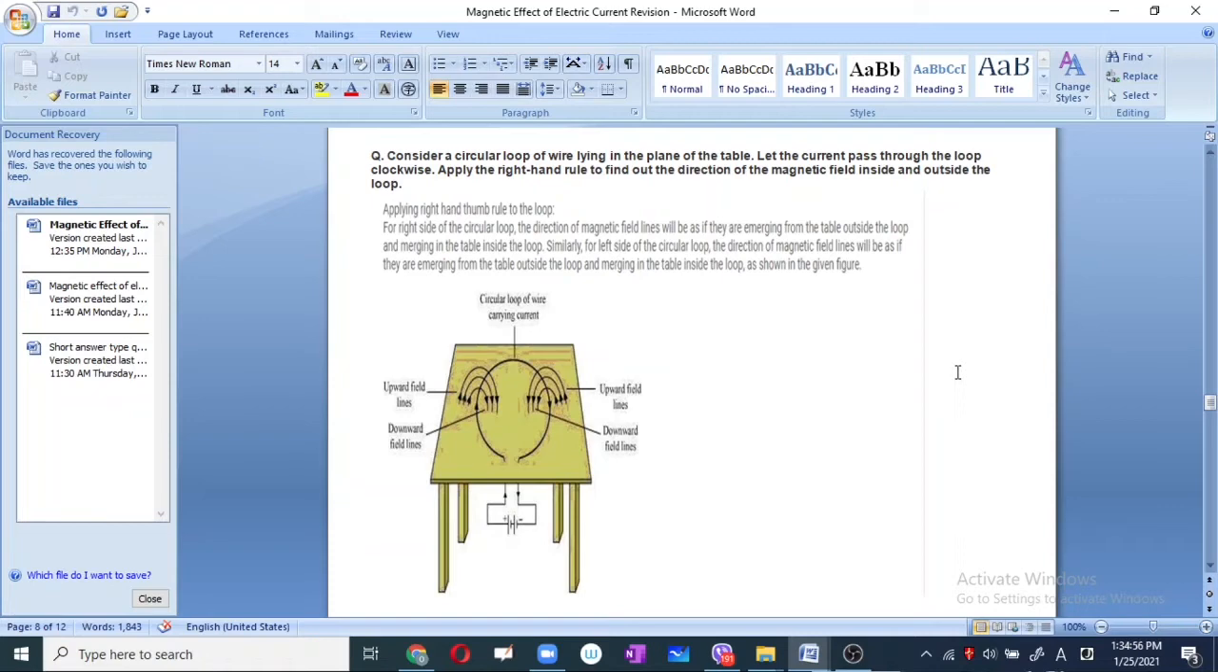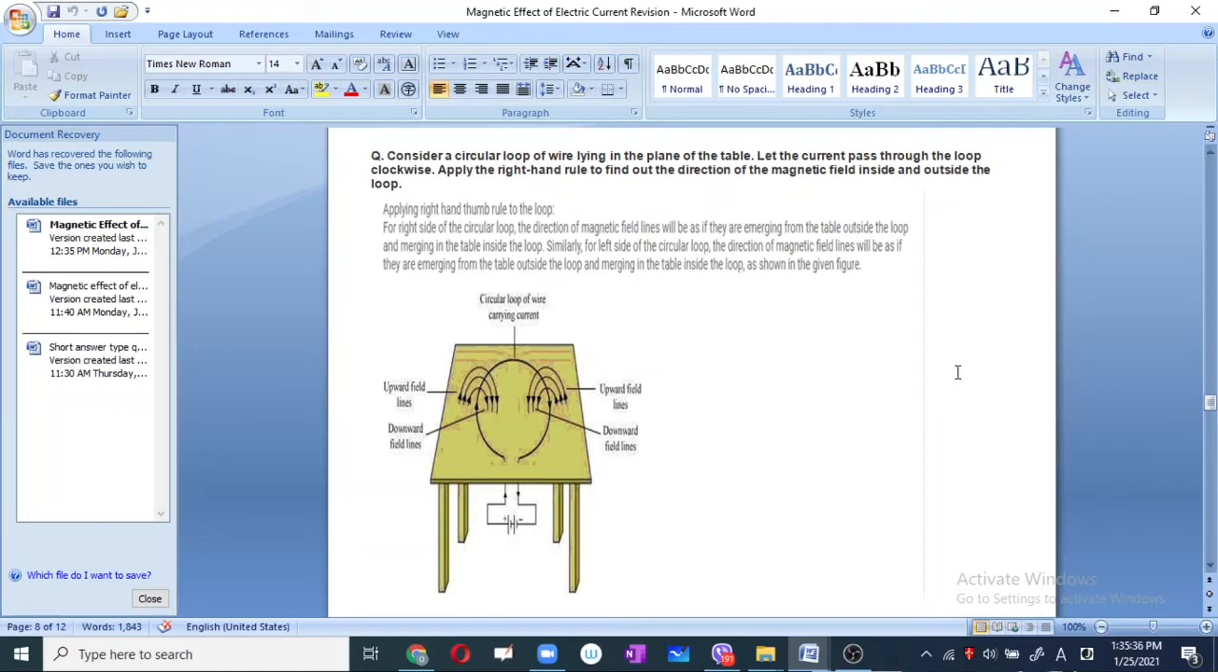So we have to find the direction of magnetic field inside and outside the loop applying the right hand thumb rule, which you have studied before. Okay, now as you can see in the figure, the circuit is set up in such a way that the current is flowing in a clockwise direction in a circular loop. And if you place your right hand pointing your thumb as per the clockwise direction, then you can find the direction of magnetic field by the curled fingers as shown in the figure, which is in the clockwise direction